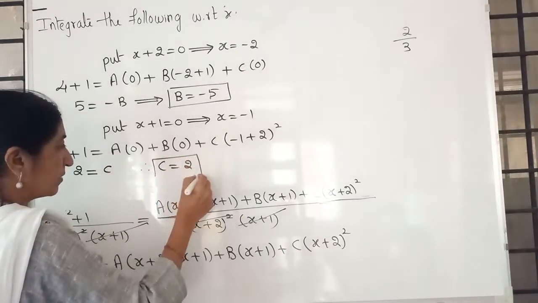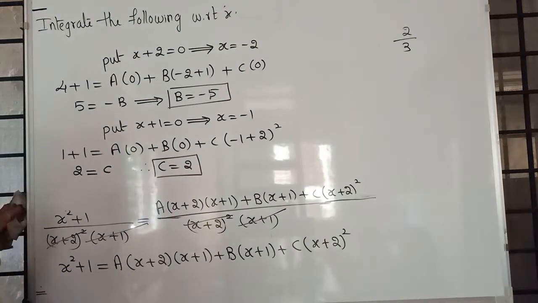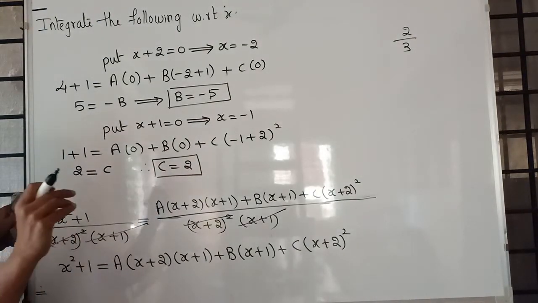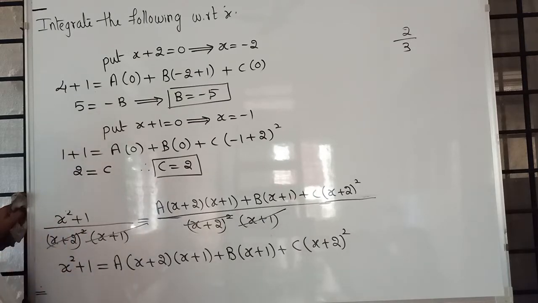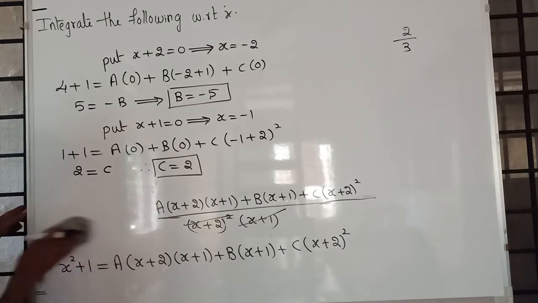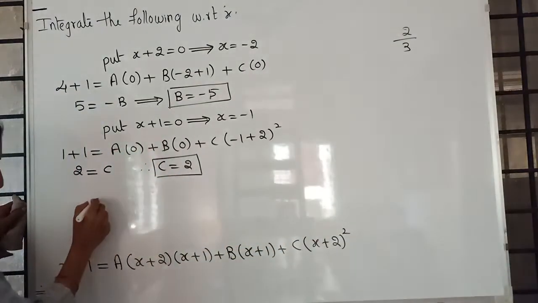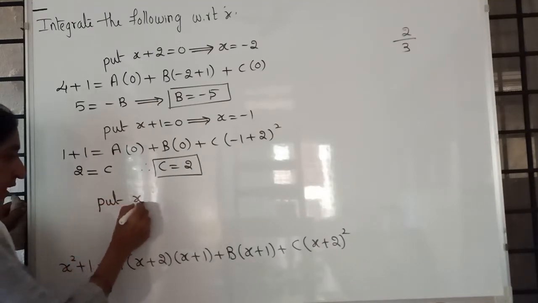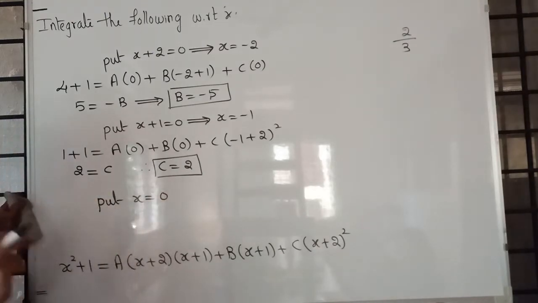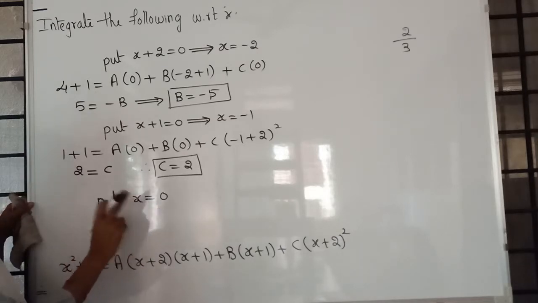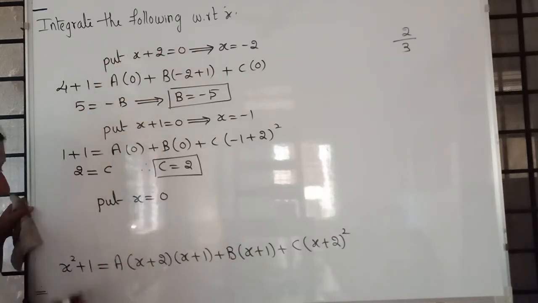Write down this in the bracket. See, we have 3 unknowns a, b, c on the right side. Out of 3 we calculated 2, only 1 is remaining and we have only 2 brackets. That's why, out of 3, 2 values are already calculated. In the third step, put x is equal to 0. If only one alphabet is remaining, then only use this one. Otherwise, you have to select the brackets.